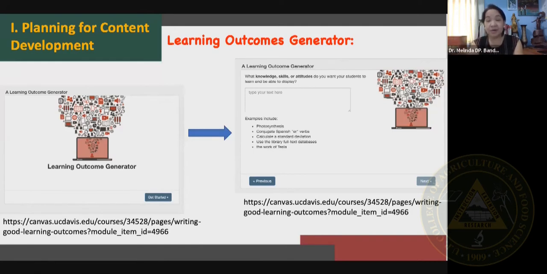You can type what you want, what topic exactly. So knowledge, skills, or attitudes. So when you put what you want here, the knowledge level, skills, or attitudes that you want to see from your students after the lesson. So you click the next,